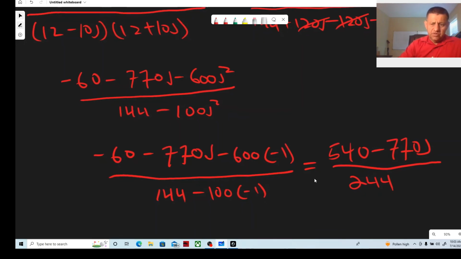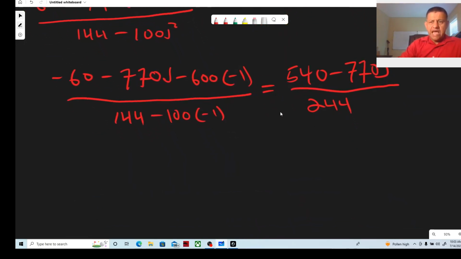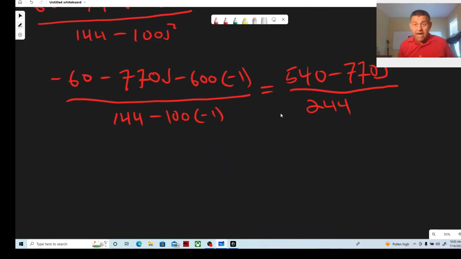Now, you can see that we have a pure number in the bottom, and that's what we want,